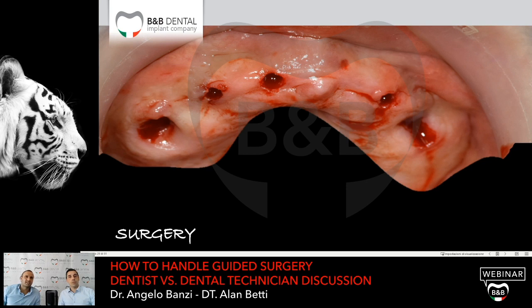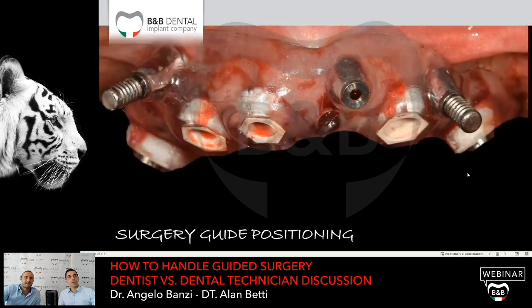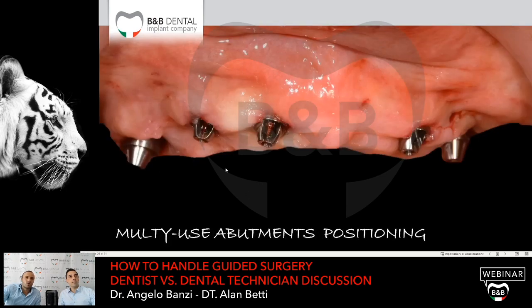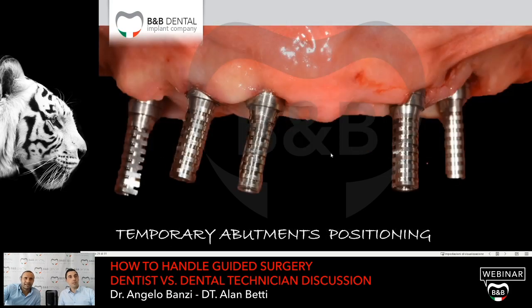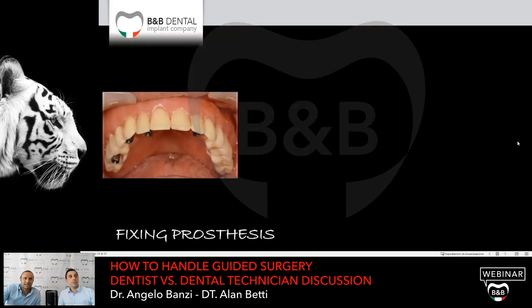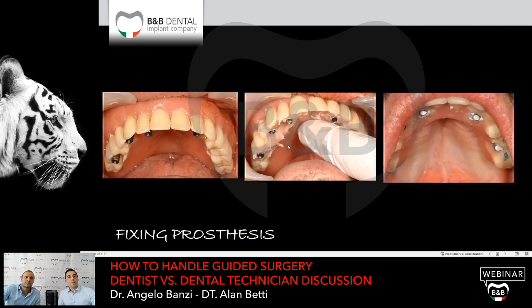After the surgery, this is the imaging that is the same imaging I had before. Nothing has changed after the punch drill. After everything, nothing is changed from the first imaging. In this case, I'm going to place the multi-unit abutment, and I've checked the parallelism of this multi-unit abutment, and